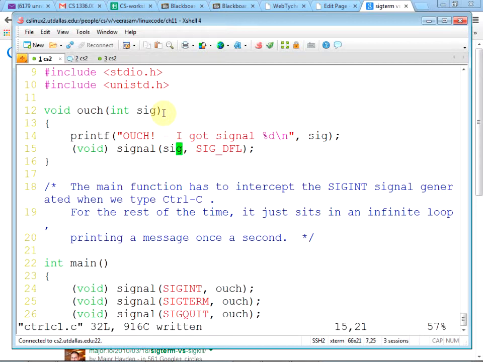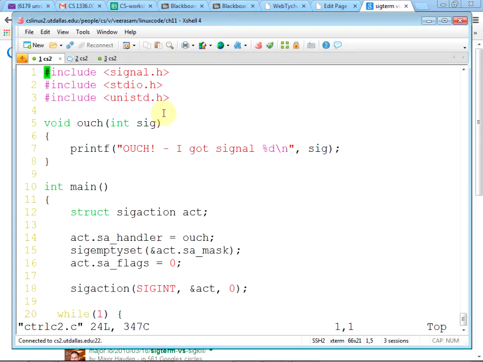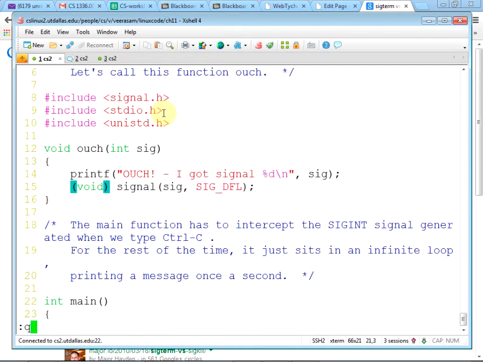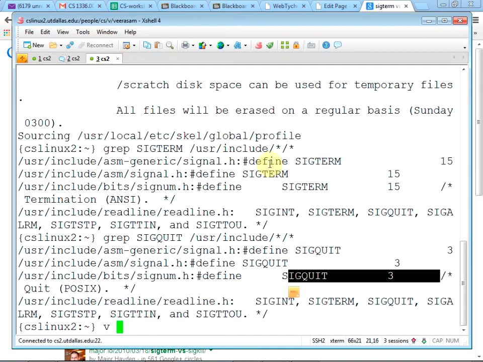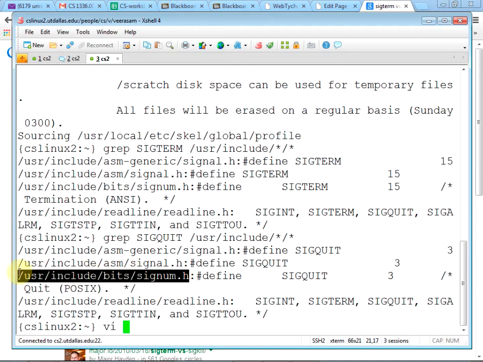Okay. Bottom line is you're using one integer. There are several predefined ones, and I think there are a few user defined. One, two. Control C, 2. Yeah. Okay. This is sigaction. I will not cover this one. That's a little bit advanced version. So let's go here and see how many are predefined.